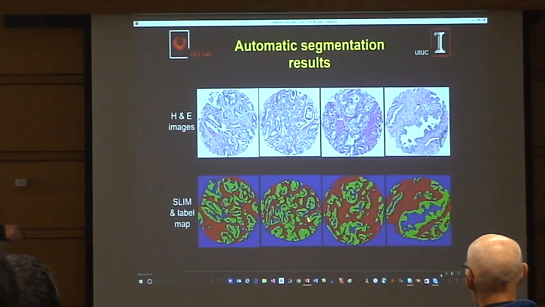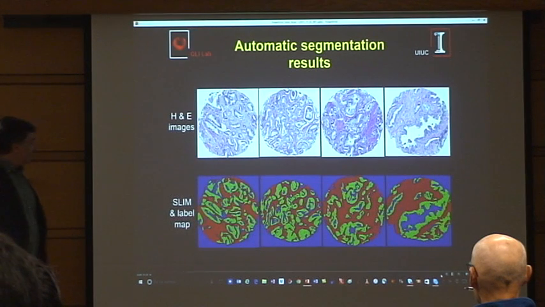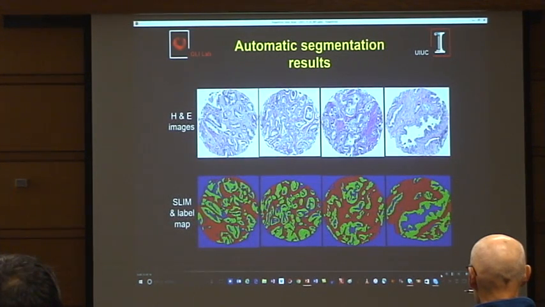Slim, and these are automatically segmented. This is machine learning. We are applying some algorithms that come from the Kinect that we were talking about earlier. So you know that the Kinect is doing machine learning, where it's recognizing your body postures during dancing. And the algorithm they are using is called random forest, which basically, I'm no expert on that at all, so